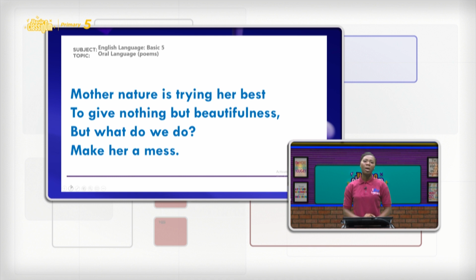But we are not doing Mother Nature any good. Why? Because we are making a mess out of Mother Nature. When I say a mess, it means that we are destroying those beautiful things that Mother Nature has given to us. You want to know how we do that? You know. I also know. There are lots of ways that we do this to destroy the beautifulness that Mother Nature has created for you and I. Yes, throwing rubbish into gutters,